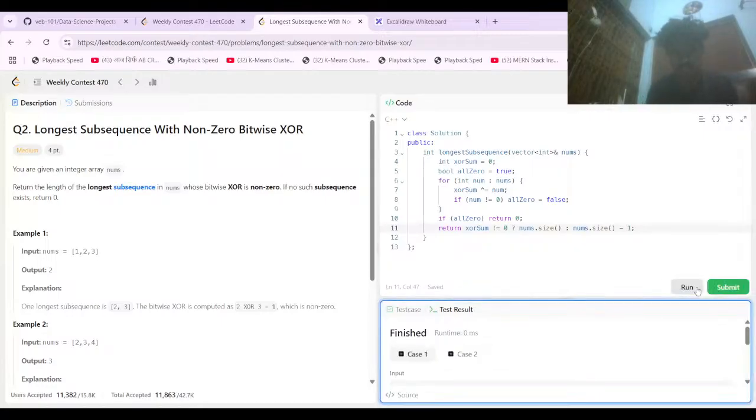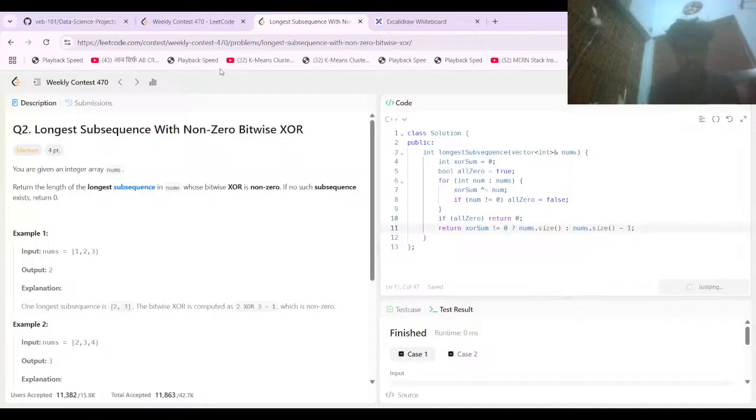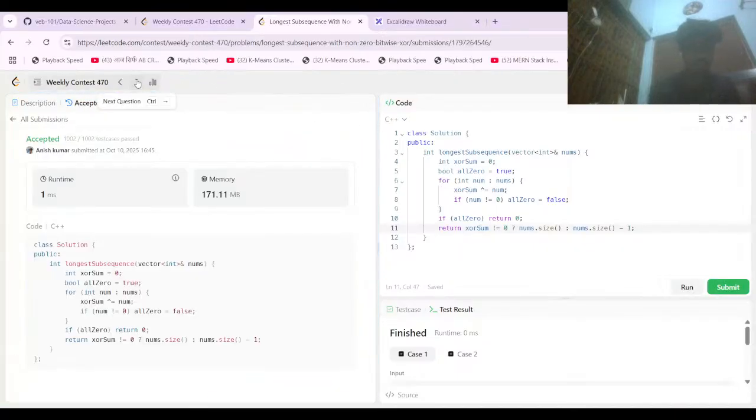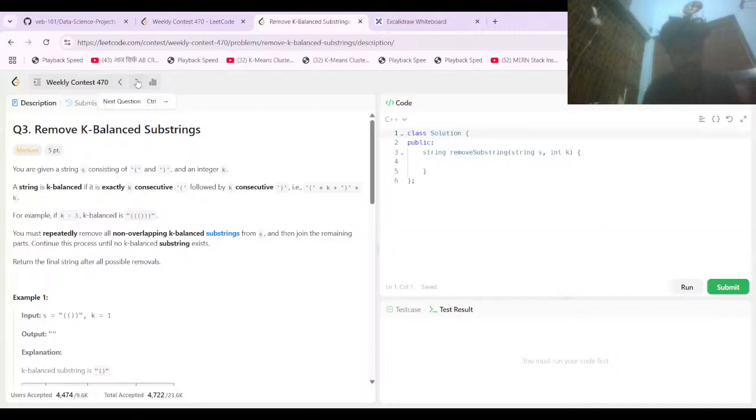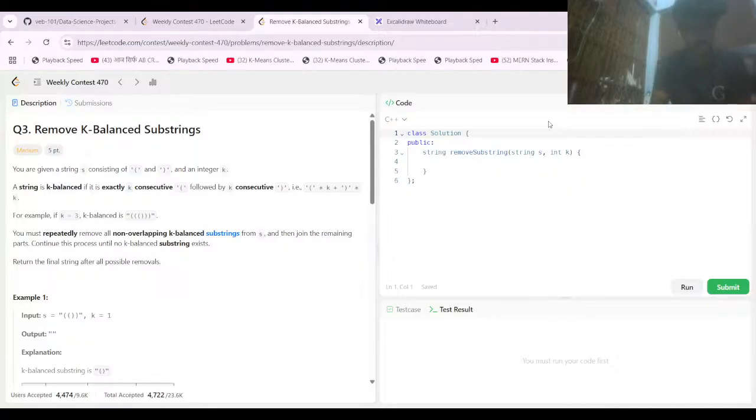I run the code and submit it. It is accepted, and we will write the third question. The third question is K Balanced Strings. You are given a string s consisting of parentheses, open bracket and close bracket, and an integer k. A string is k balanced if it is exactly k consecutive open brackets followed by k consecutive